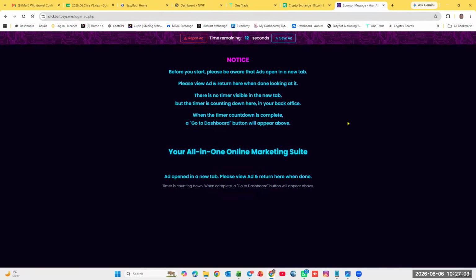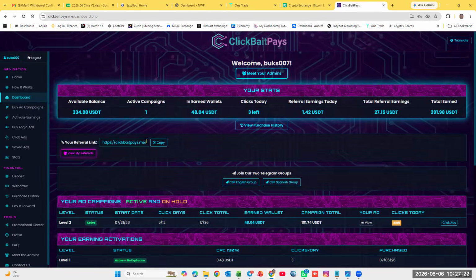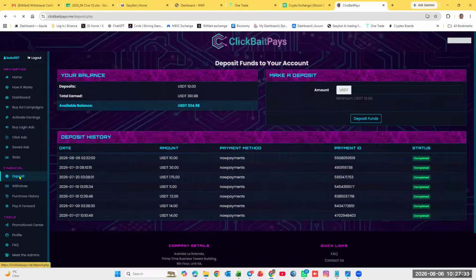While I'm doing that, I'm also going to show you how I activate the ad package, and I'm also going to pay it forward to somebody else, help somebody else to activate their account. So if I now click on dashboard, this is what Clickbait looks like. In the first step, I'm quickly going to deposit some extra funds. You can see I've already got 334, but I'll explain it later. So I click on deposit